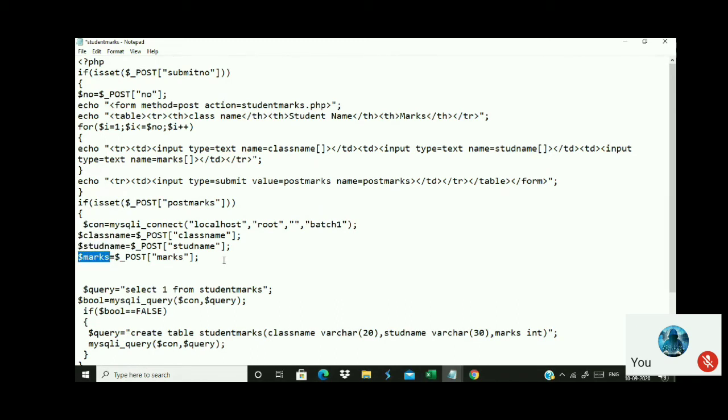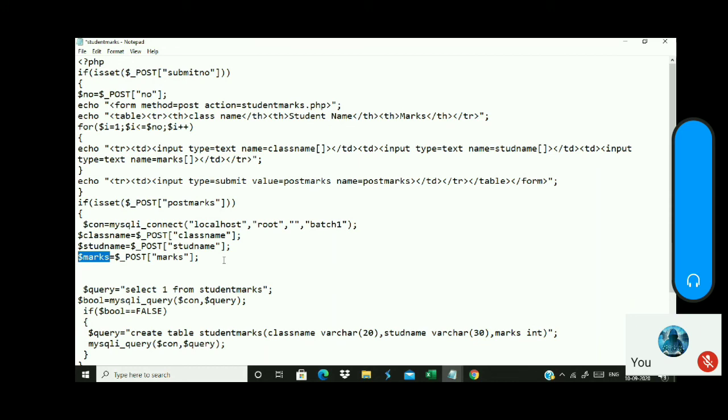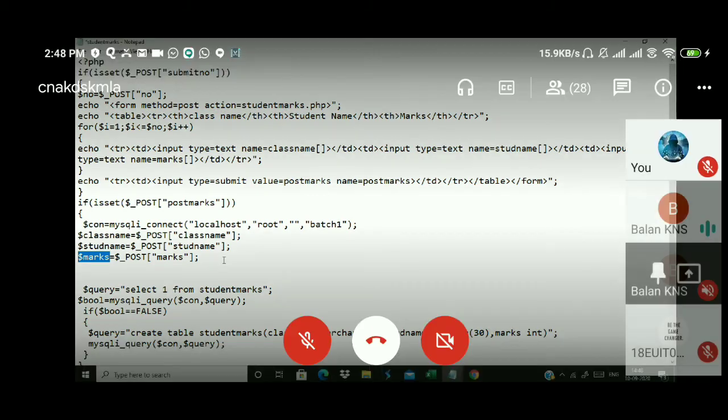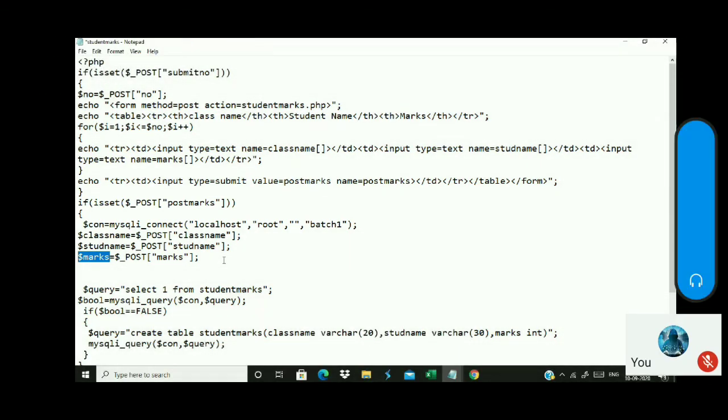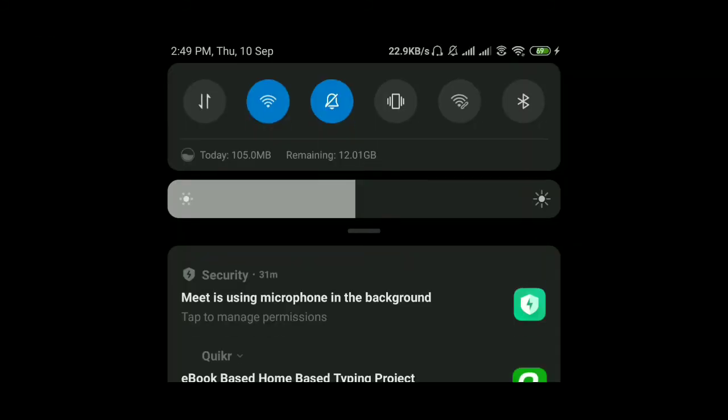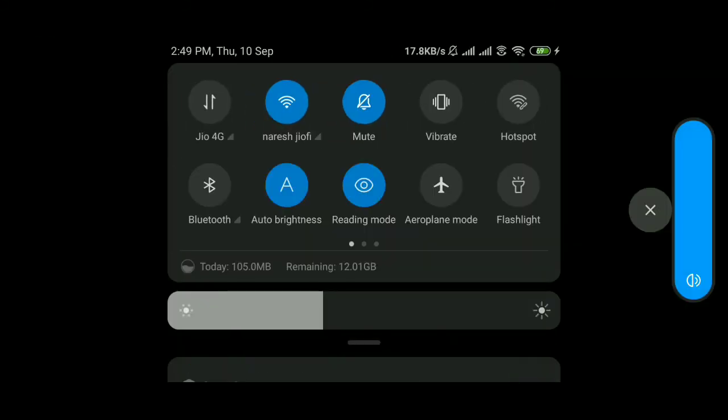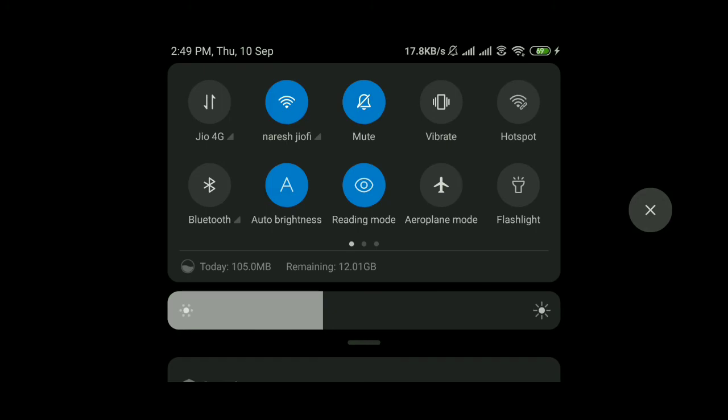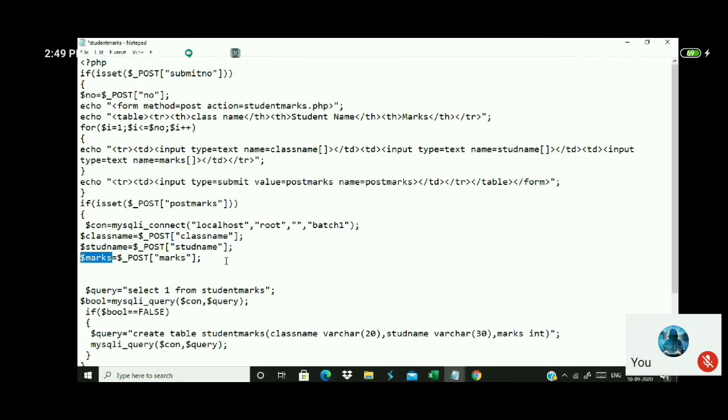That means it is not going to hold a single value. It has multiple values. But one thing you have to understand: even though all three are called arrays, they are of the same and equal length. If you have 5 class names, you will have 5 student names and 5 marks. If you have 2 classes, you cannot have 5 students. So if I type a class name, I have to type the corresponding student also.